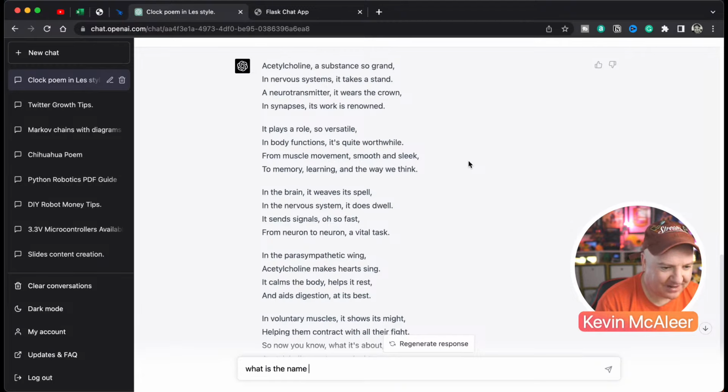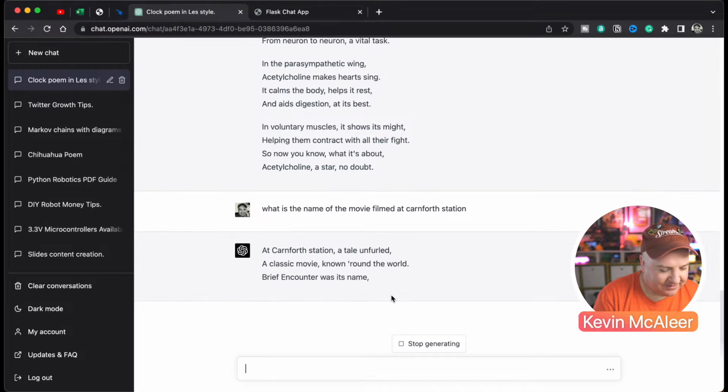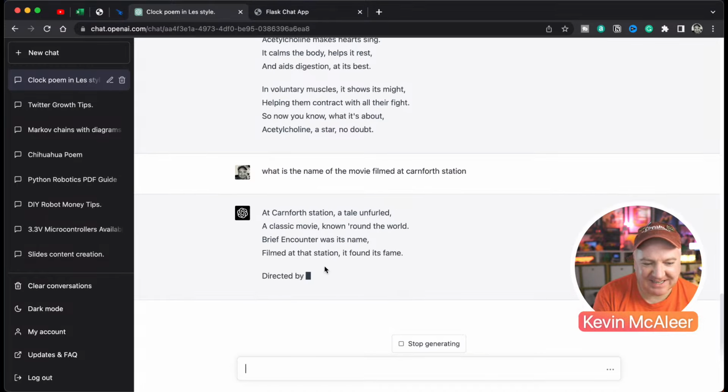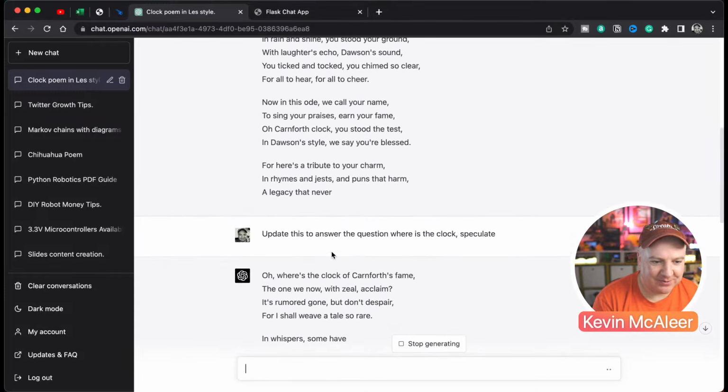What is the name of the movie filmed at Carnforth Station? I'll remember it before we press it, probably. So it's going to generate that text. Brief Encounter. It's actually writing it in the style of a poem, because I asked it before to